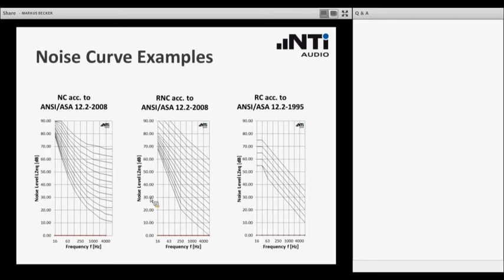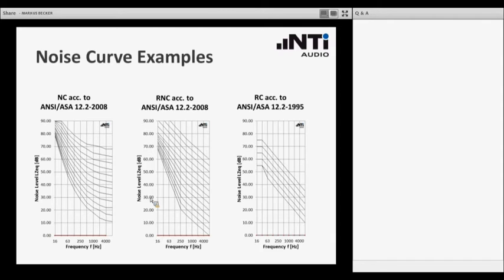Here you see some examples of the noise curves that are defined by the corresponding standards. You see there are some differences between these curves, and the reason is that after having started from the aforementioned phon loudness curves, it turned out that in practice, depending on the environment where you wanted to execute such a measurement, there were some amendments required to truly represent the hearing perception of the perceived sound level in these rooms.